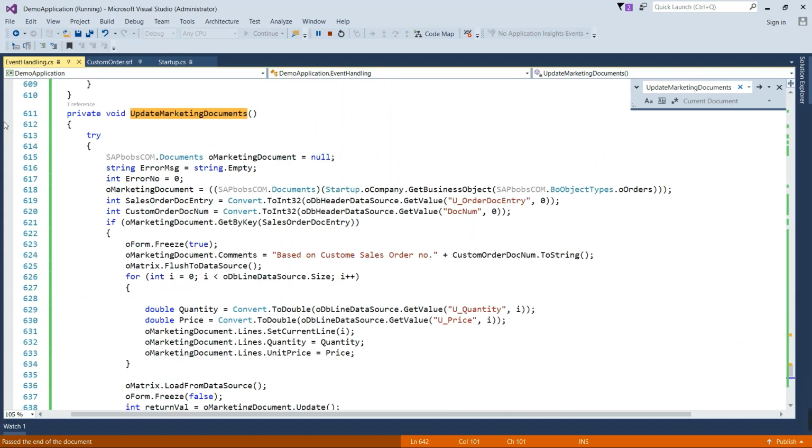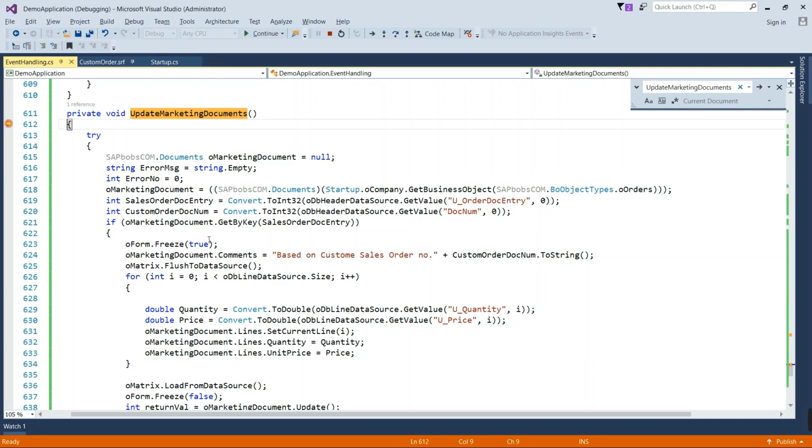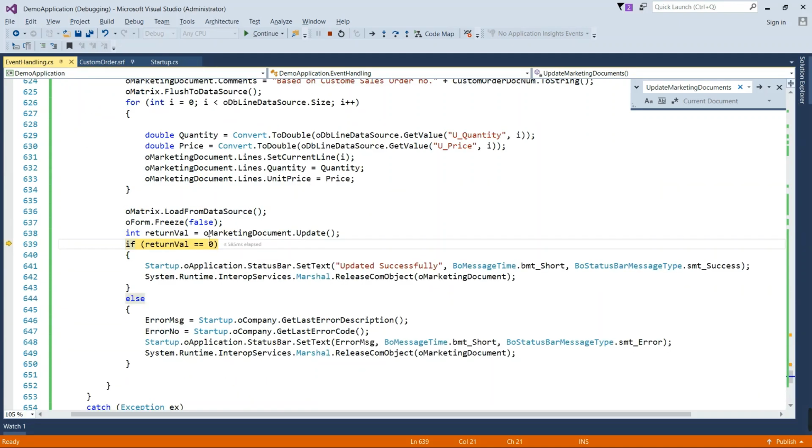So let me stop, give the debugger and run once again, with quantity 1000. We are going to update once again. You can see two lines were there, that's why it will iterate through the two lines.